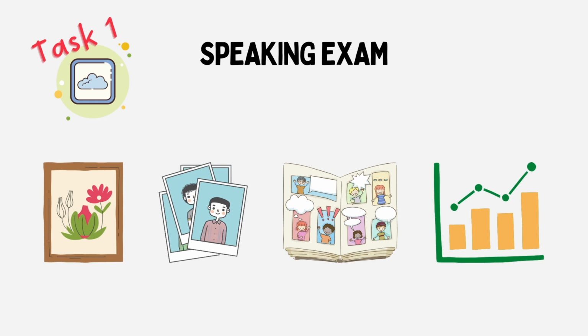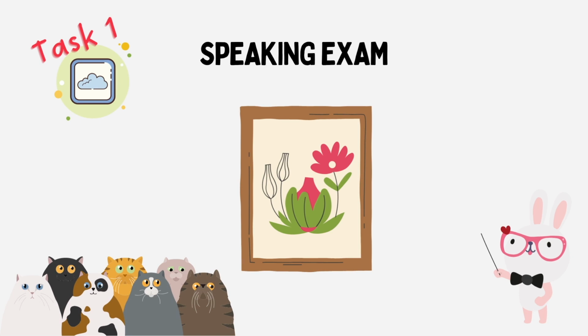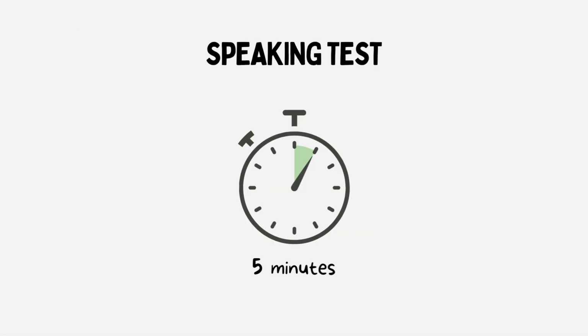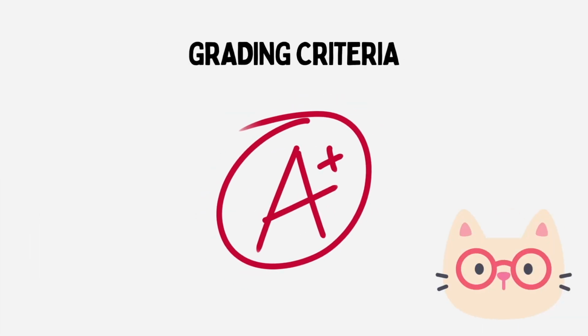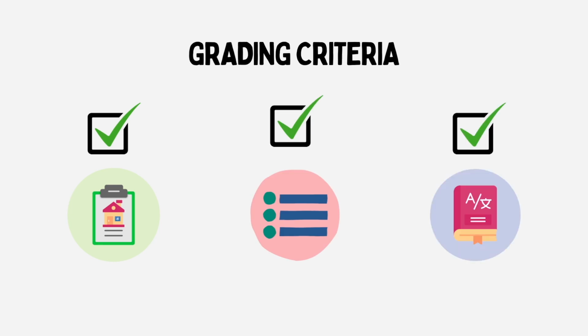Usually you'll get one or more pictures, but make sure you are able to also describe some of the other forms of visuals. Your task will be to describe the picture and find its connection to the given Maturita topic. This task should take about 5 minutes. You will be graded based on the content of your answer and your language ability. More specifically, you will receive points based on your description of the picture, the organization of your answer, and the appropriate use of vocabulary and grammar.